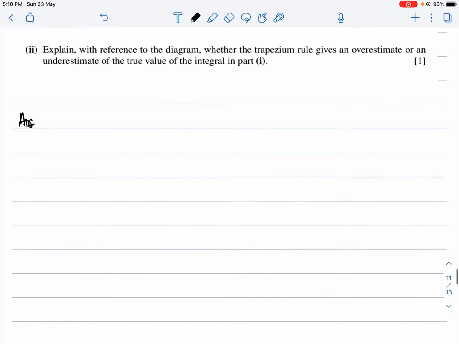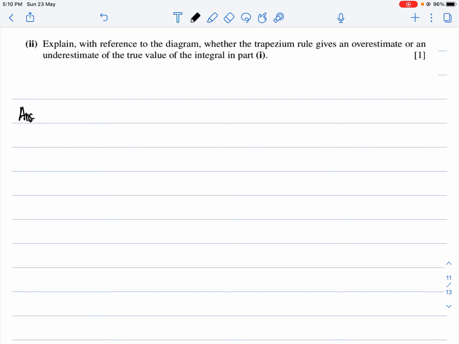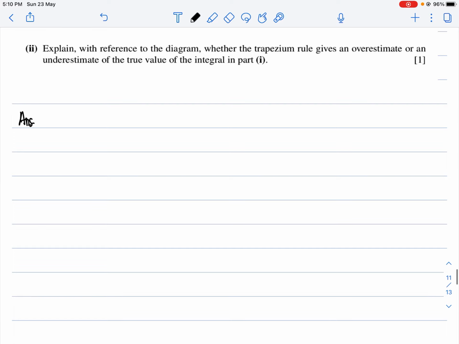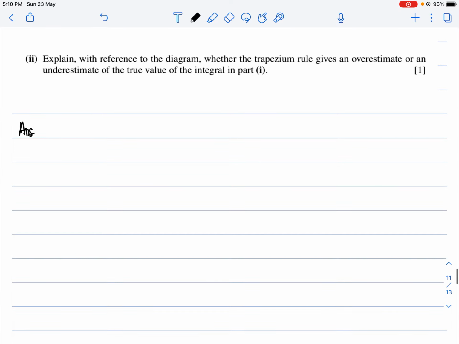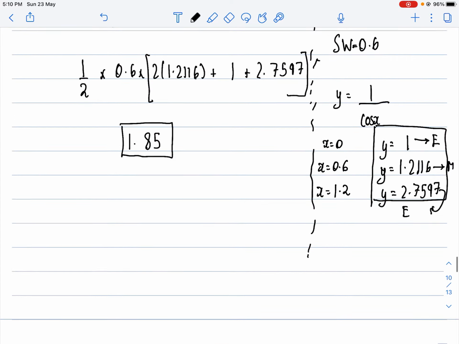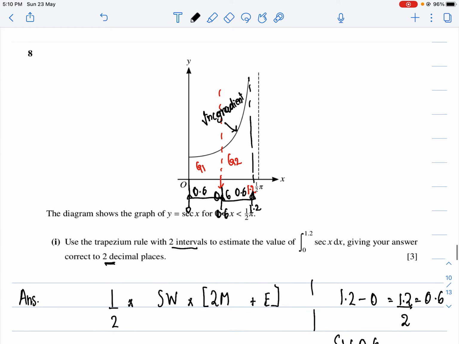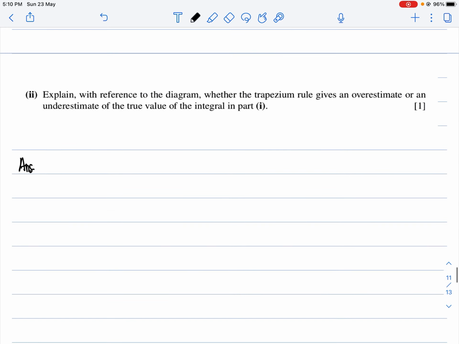Now, explain with reference to the diagram whether the trapezium rule gives an overestimate or an underestimate of the true value of the integral in part 1. If you see here, your curve has an increasing gradient. Whenever it has an increasing gradient, it's always an overestimate. So you can write this as overestimate